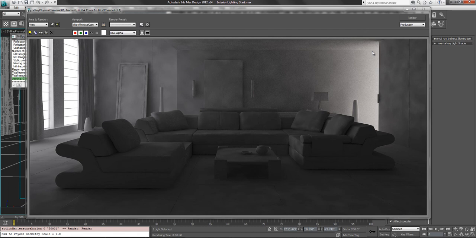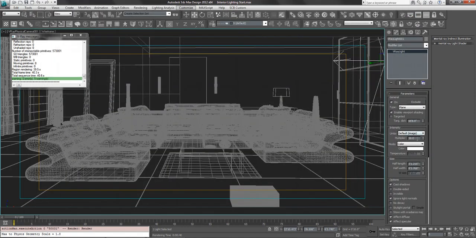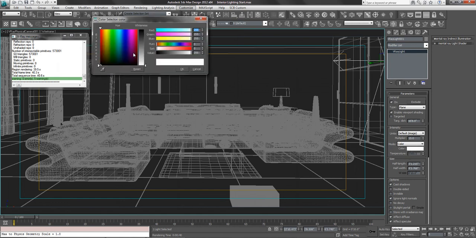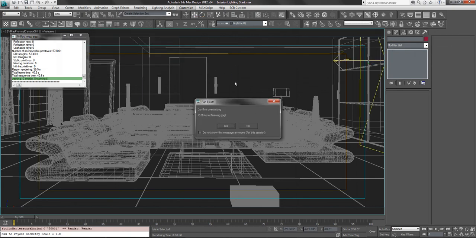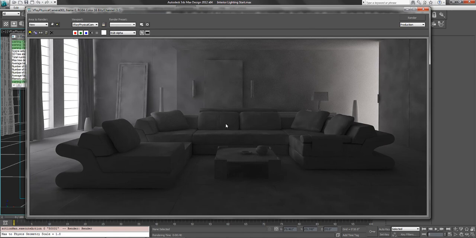So I would bring the intensity of the light down. This is kind of like a global kind of light. This is like an intense, strong light. So we'll go ahead and bring it down to like 15 for the multiplier. And then the color, let's say it's the red light district of the house, so we're going to make it the red light. I hit Shift Q on the renderer, and I could also change the color along with intensity